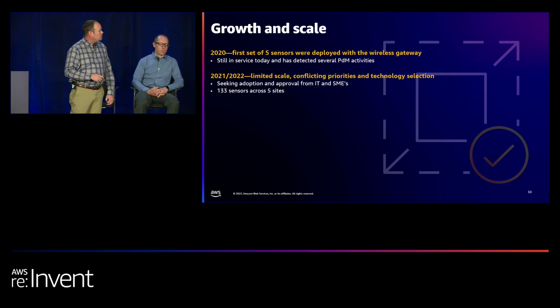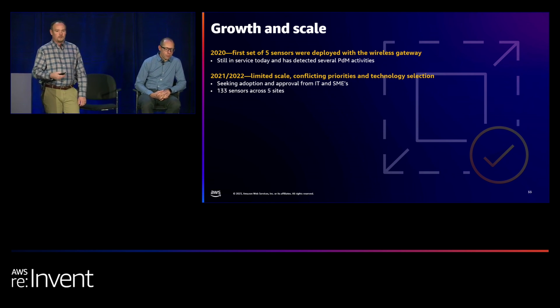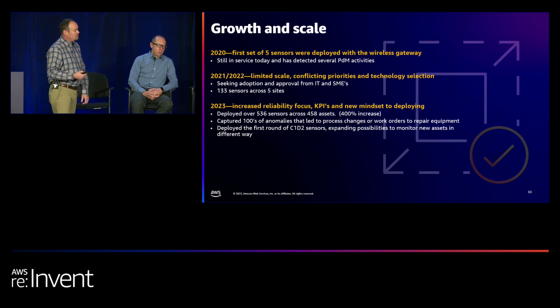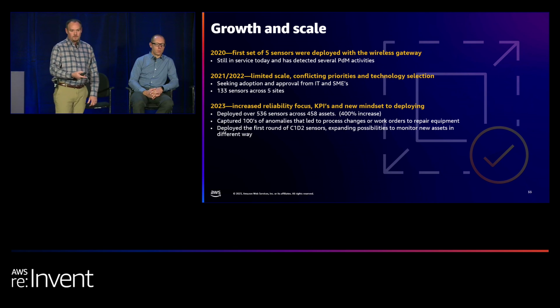In '21 and '22, limited scale, Dave talked to it, infrastructure, the people, it's usually your biggest hurdle in scaling anything. We had 133 sensors across 5 sites, trying to get everybody on board through the organization. And in 2023, our business really had an increased reliability focus, key performance indicators, and a new mindset to deploying. We've now deployed over 536 sensors, and since we created this, it's grown probably by 50, 60 sensors,